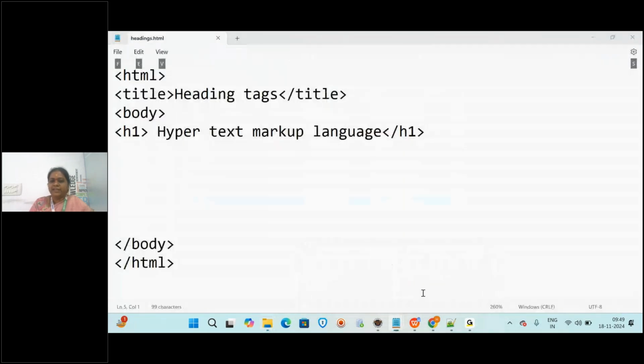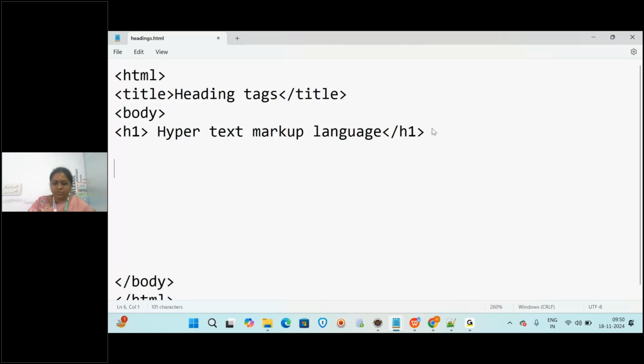So I'm going to write the same thing in H2, H3 and all. Next is H2, and again I'm writing the same hypertext markup language between H2. Again H2.